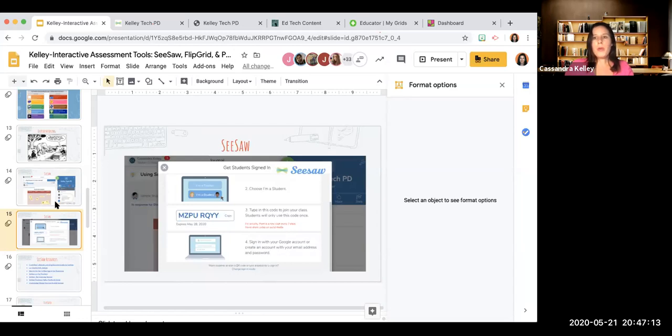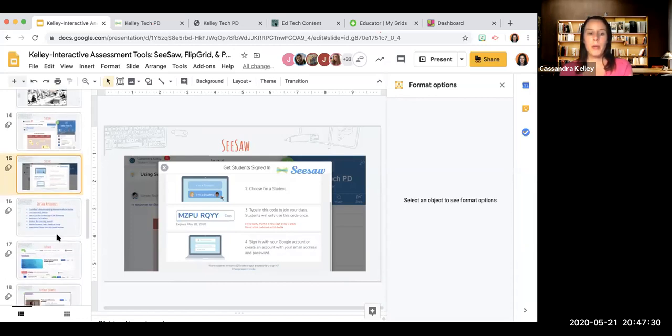So I hope you can play with it more as a teacher too and get a sense of what it's like to see the teacher side of it and to play with making assignments and following different people to modify them. But just because of time going by quickly, we are going to move into the FlipGrid part of the